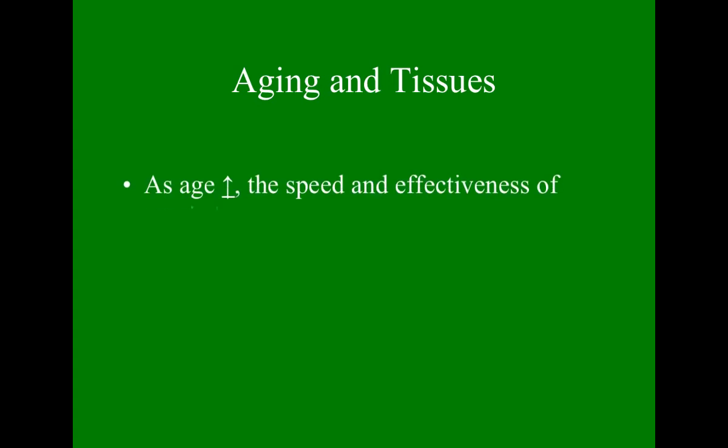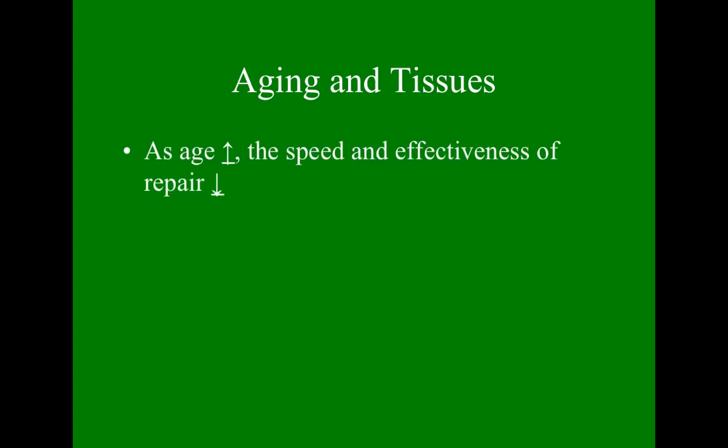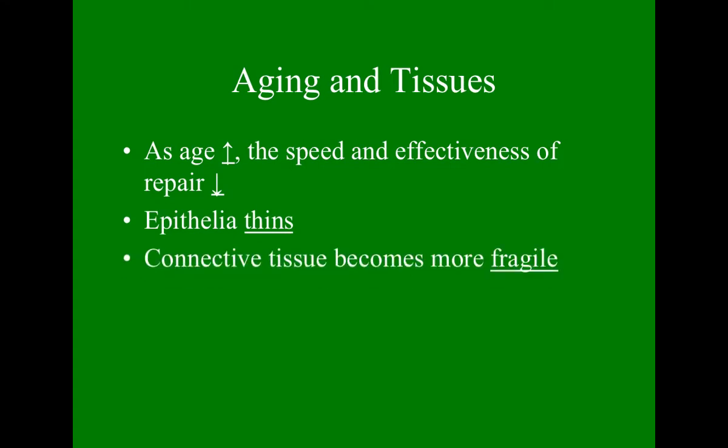Now, certain things also happen to our tissues as we get older, and so aging definitely has an effect on our tissues. As our age increases, the speed and effectiveness of our repair of our damaged tissues goes down. In addition, our epithelial layer thins, and the connective tissue becomes more fragile. So, for instance, with our skin, sometimes older people suffer from conditions like paper skin. Basically, the skin becomes so thin that even something as simple as bumping into a wall will tear the skin